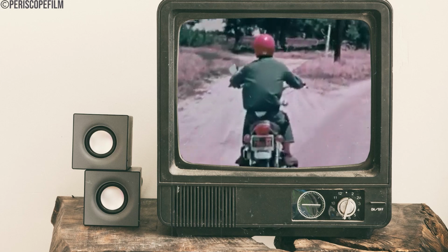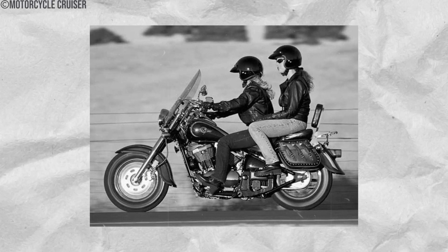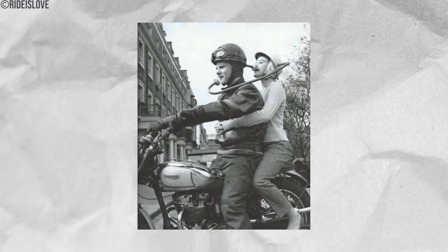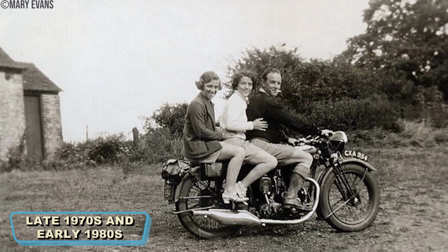stops or sharp turns. Adding a passenger also significantly affected the motorcycle's balance and handling. Many of these motorcycles were not built to carry extra weight, which led to instability and a higher risk of accidents. The suspension systems at the time were not designed to manage the added load, causing a rough and unpredictable ride. By the late 1970s and early 80s,